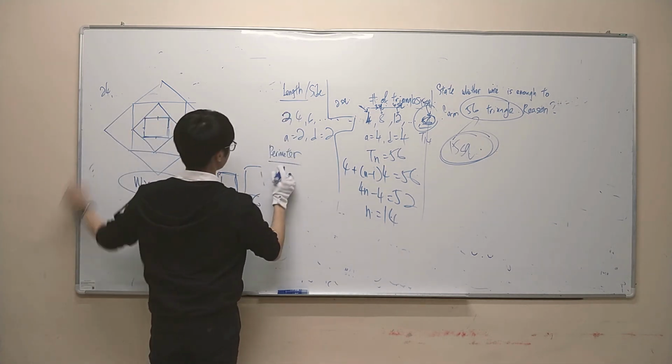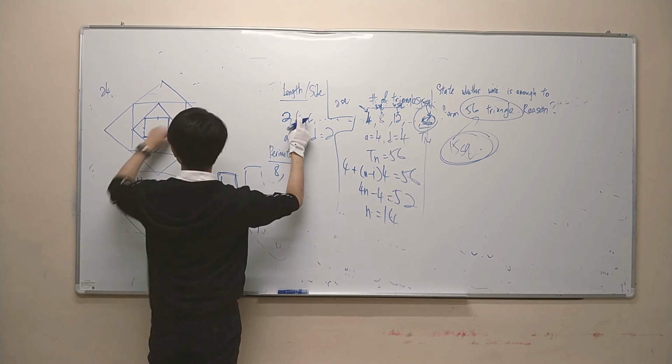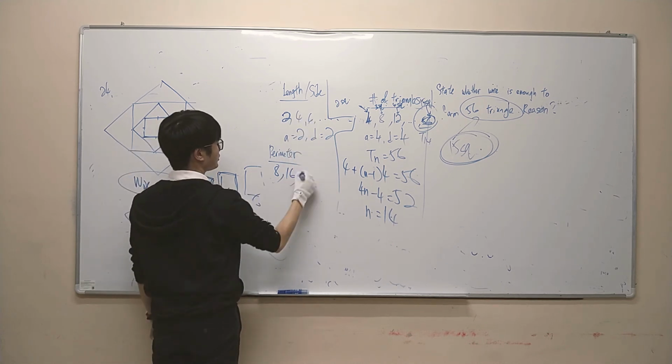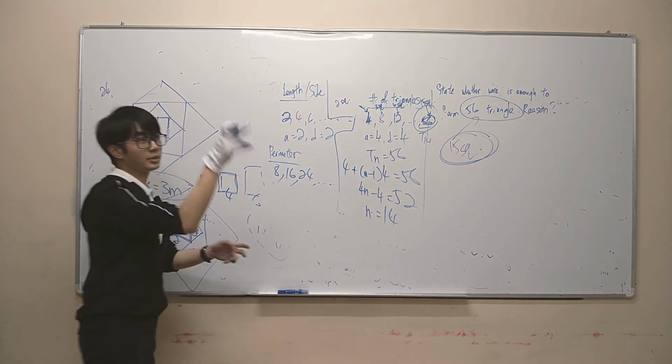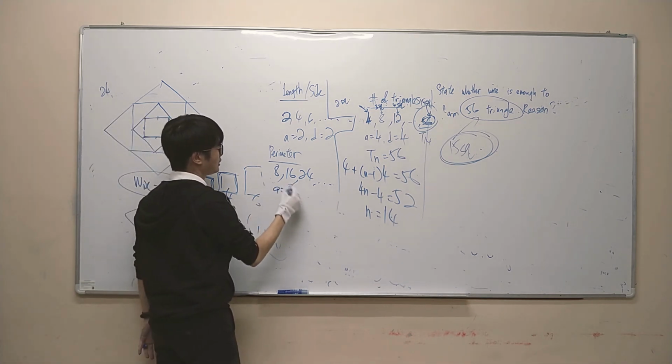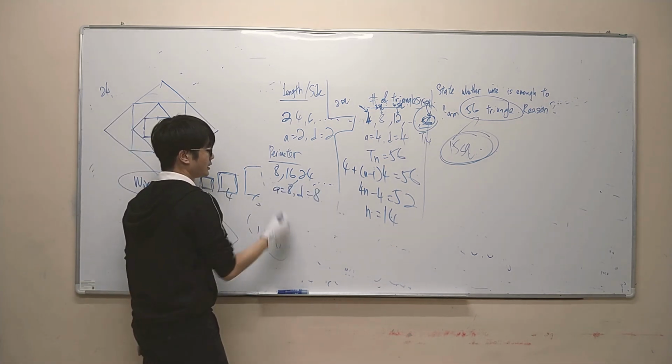2 plus 2 plus 2 plus 2. So 2 times 4 is 8. 4 times 4, 16. 6 times 4, 24. You times 4 because there are 4 sides. So a equals 8, d is also 8. So you find the